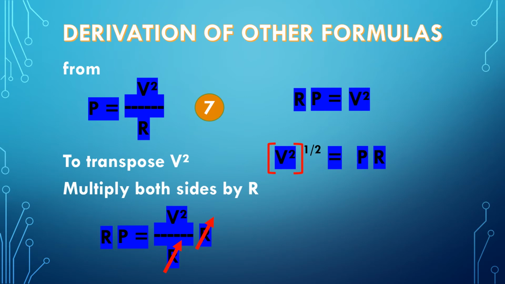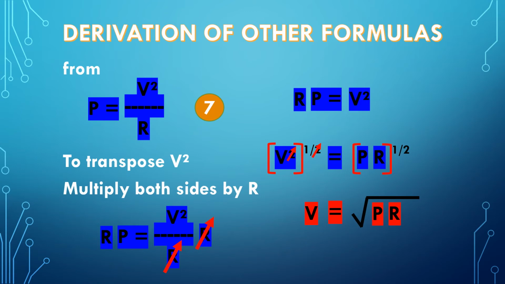So what we have to do, same rule of the basic algebra, whatever we are doing on the left side, we are also doing on the right side. So I will apply an exponent to this term V squared. I will apply 1/2 here so we can cancel 2. Also to the right side, I will do the same. So we can cancel these 2, and what will remain is V is equals to